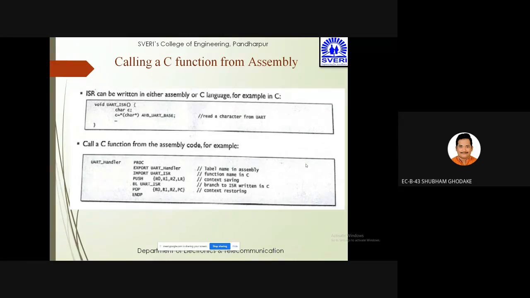Then BL UART ISR, that is branch to the ISR written in C. And then pop. So push and pop both are used here. One is for context saving and pop is used for context restoring, that is R0, R1, R2. So for context restoring, we are going to use the program counter. For context saving, we are going to use the link register. So in this way, we can use the UART handler also.